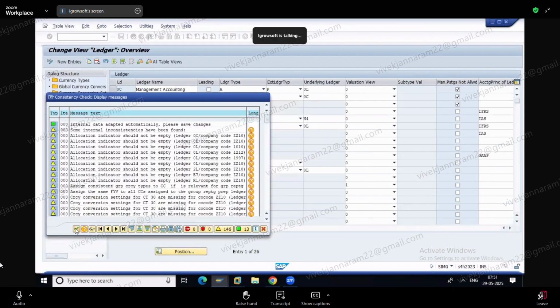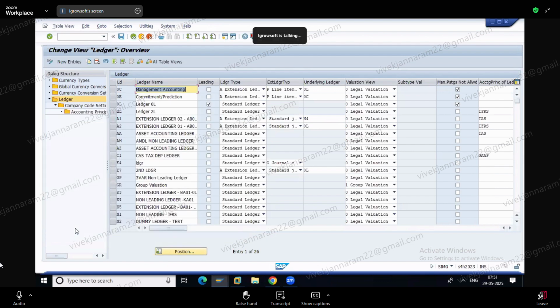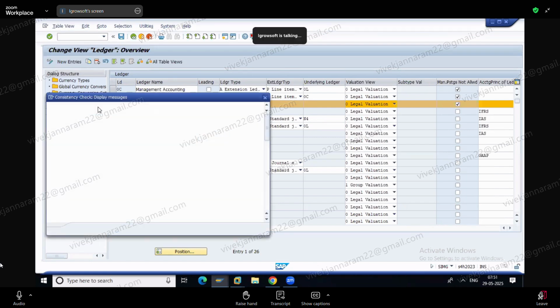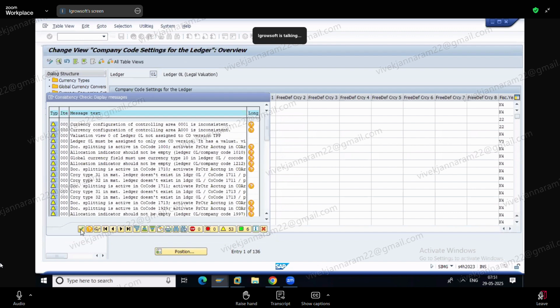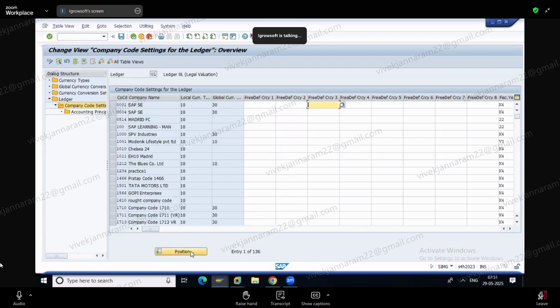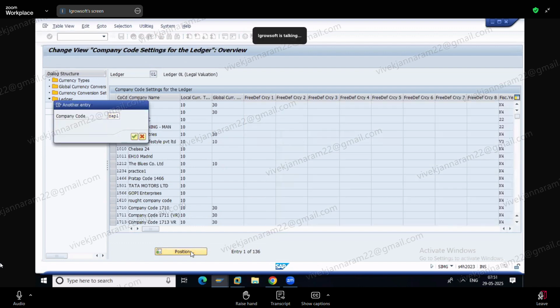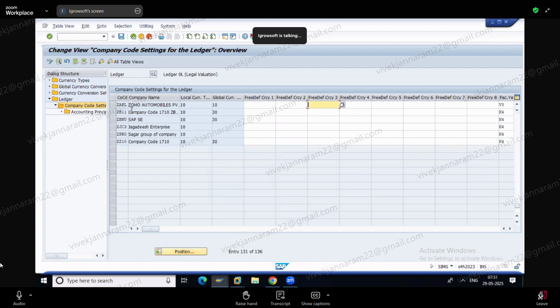Okay, press enter. So here our ledger is what? Our 0L ledger, no? This one, right? Yes, this is our 0L ledger. For this 0L ledger, we have our company codes. What is our company code? My company code is ZAPL. Can you see it here? Yes. So here, remember,